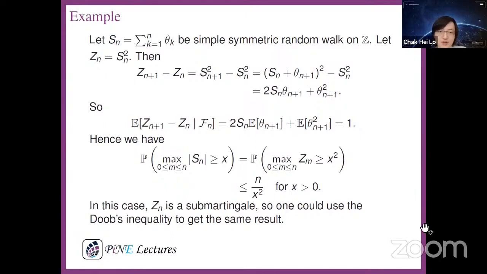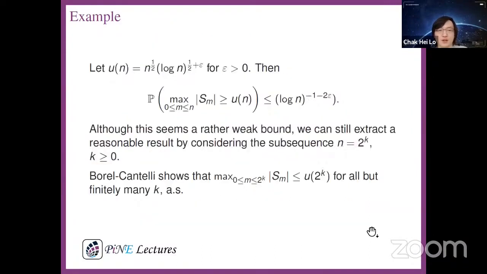Okay, so in this case, Zn is a submartingale. So one can just use Doob's inequality to get the same result here. Okay, so there's another way to show this result. Okay, so let's continue. If we let Un equal to this quantity here, this complicated quantity,